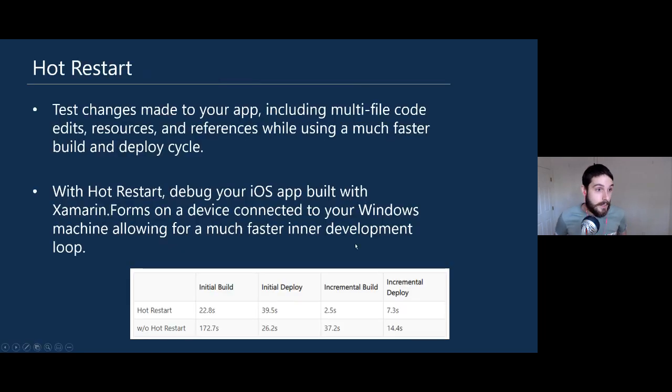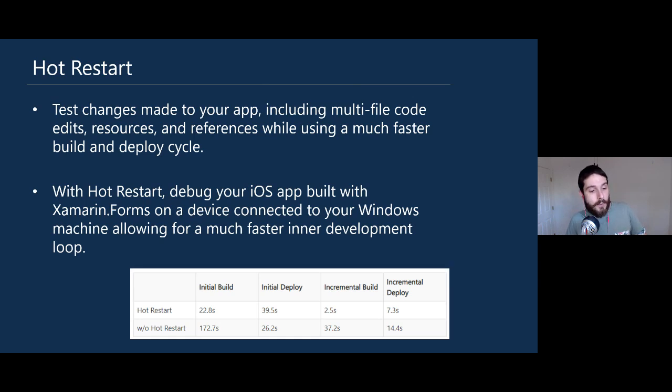We also announced Hot Restart, and this is actually shipping under a feature flag. So it's a little preview feature flag inside of Visual Studio on Windows. And Hot Restart is a really cool technology that enables you to rapidly iterate on your applications when you change your source code. And one of the side effects of how this works by deploying and sort of interpreting your application source code is it actually enables you to just plug your iOS device into your Windows machine and just hit debug. So you can just go and deploy right to your device with nothing in between, just over USB,